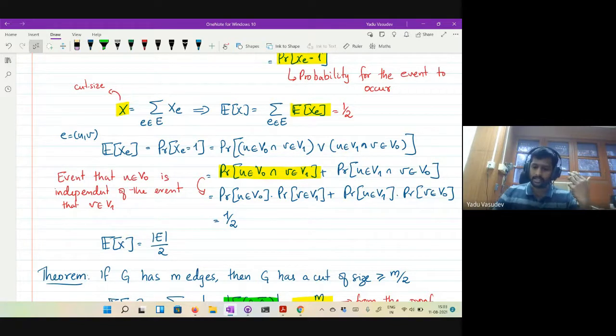Even though the algorithm gives you that, the analysis somehow does not require that. The analysis is much weaker. It does not require full independence for the analysis to be completed. And this observation is what is going to help us get hold of a cut. This is where we are going to get a deterministic algorithm even.